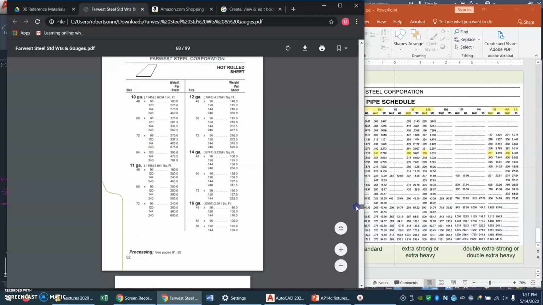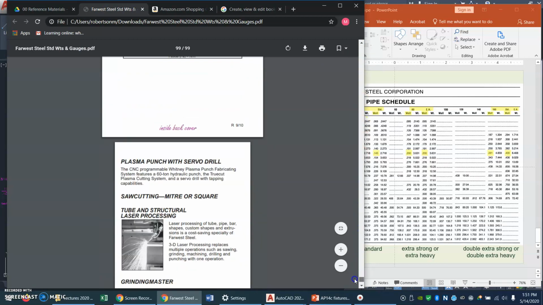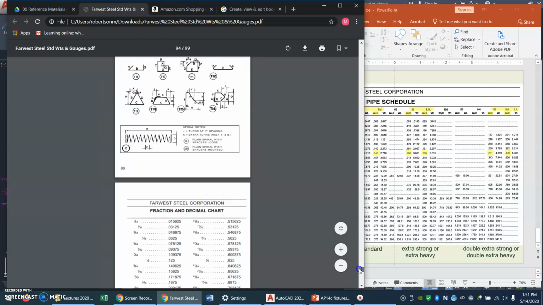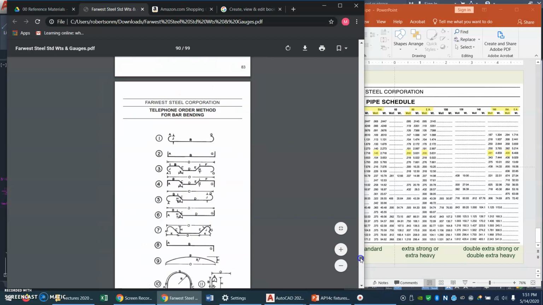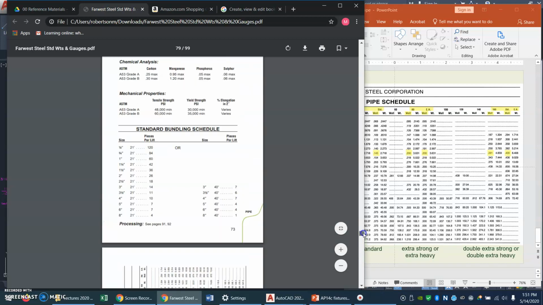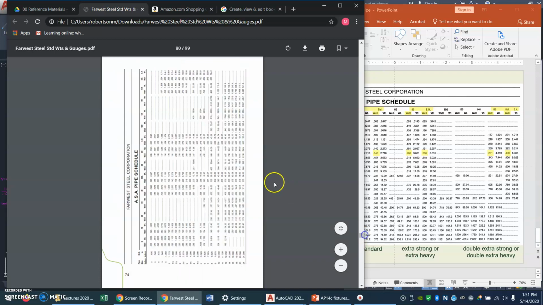It's way the heck at the end. See, here's the catalog. Way at the end is going to be their pipe. Whatever page that was on. Kind of hard to find with this thing. There it is. Page 80 of the